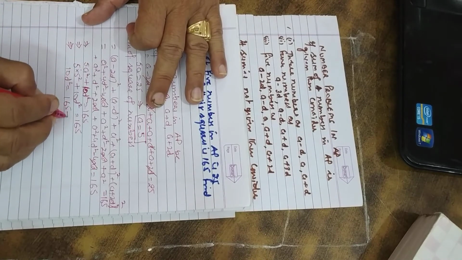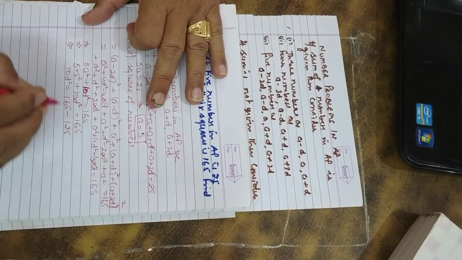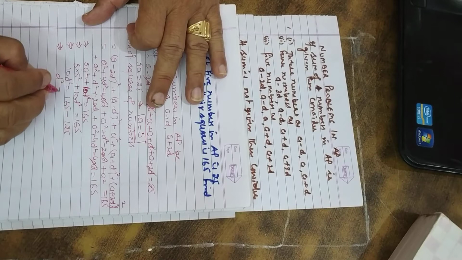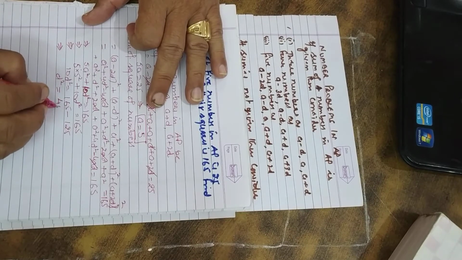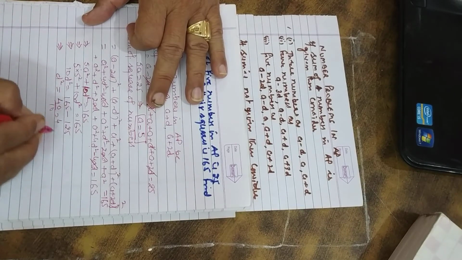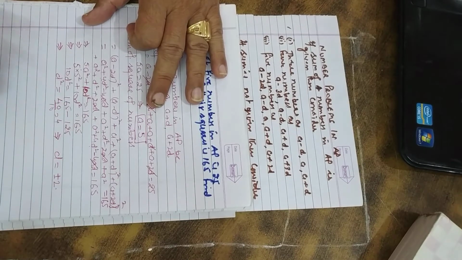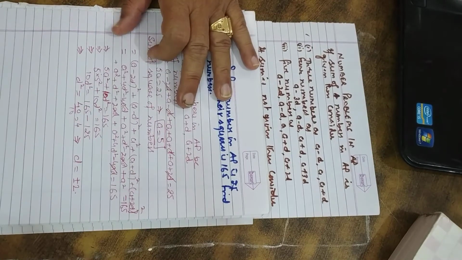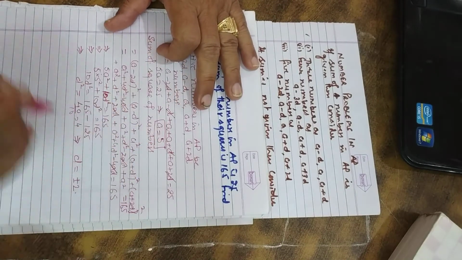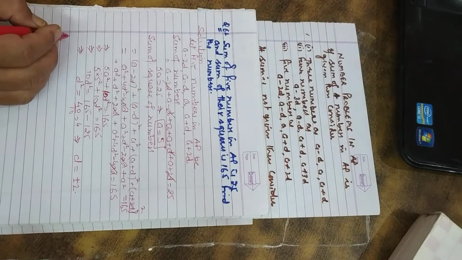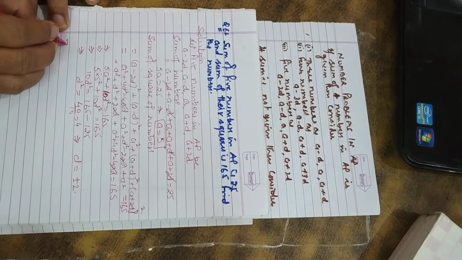plus 10D square is equal to 165, which implies 10D square is equal to 165 minus 125, which implies D square is equal to 40 upon 10 is equal to 4, which further implies D is equal to plus minus 2. Now putting the value of A and D, we can calculate the numbers. So the numbers are